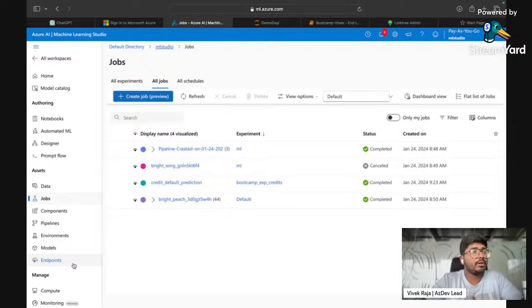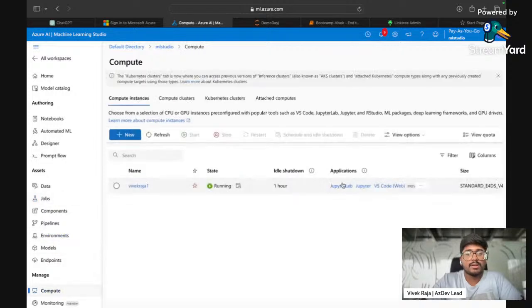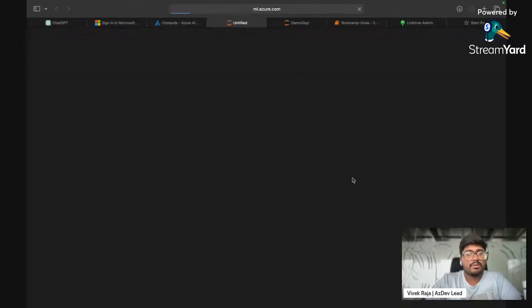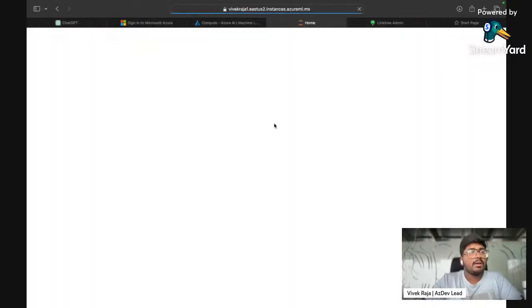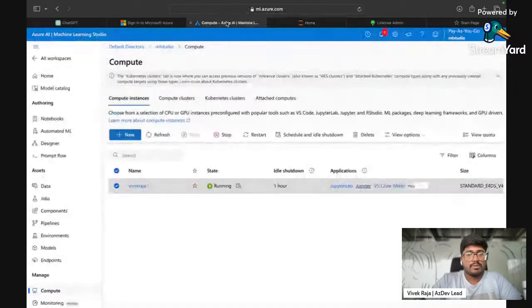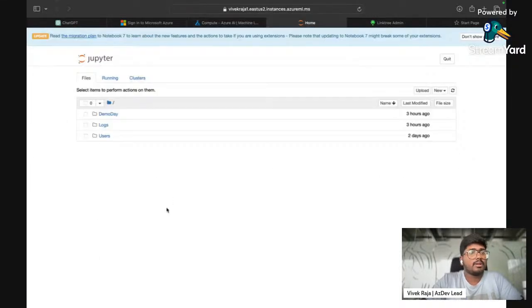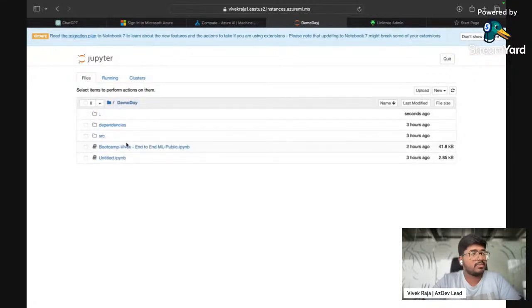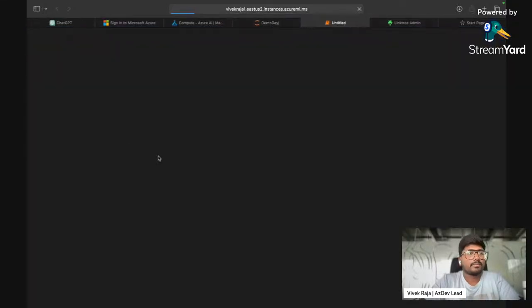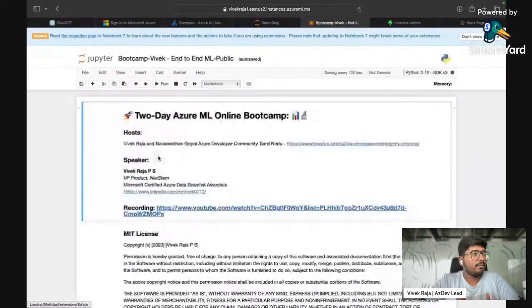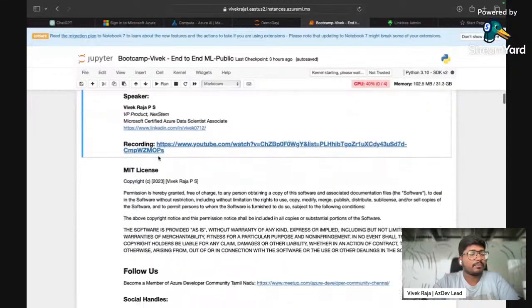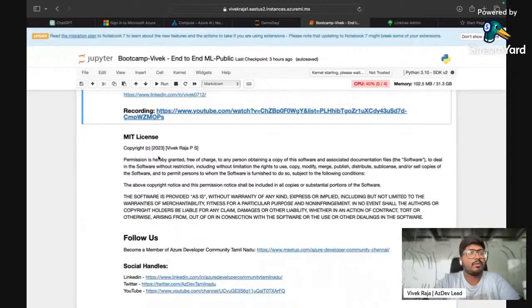First things first, you need to have your instance to run your Jupyter notebook. I'm going to open the instance, and it will create a Jupyter instance for me. Once you click on Jupyter here, today I created a folder called demo day. It's as usual as your Jupyter notebook, but just imagine that it is running in your cloud. This is my end-to-end coding. It has everything you have to do, right from importing the data to the training environment and everything.